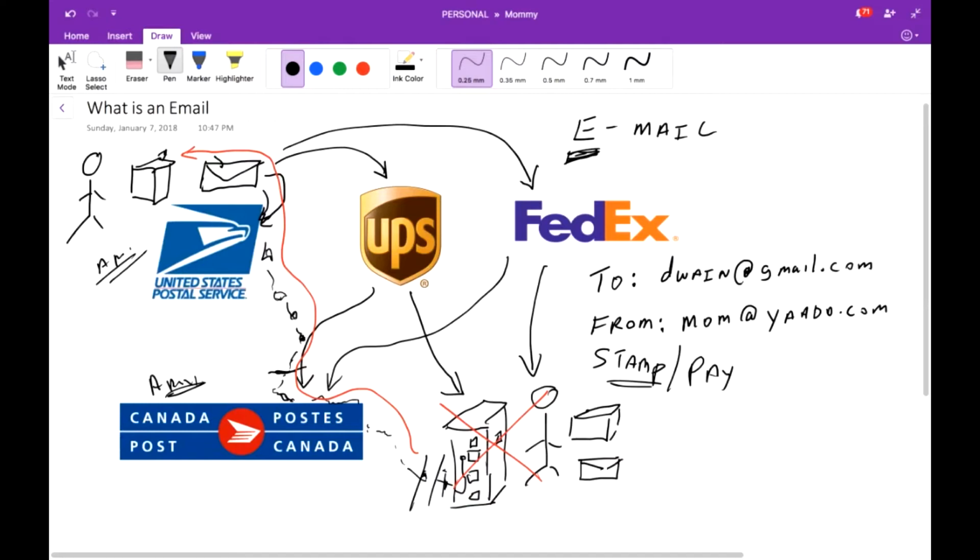And then you have to pay for it. Well, in the physical world, you would pay for it. In the internet world, it's usually free. I'm gonna put free in red here because free on the internet is not really free, F-R-E-E. But we're gonna say for this conversation that it is free. What really happens is that instead of paying money, you pay with your privacy, P-R-I-V-A-C-Y.